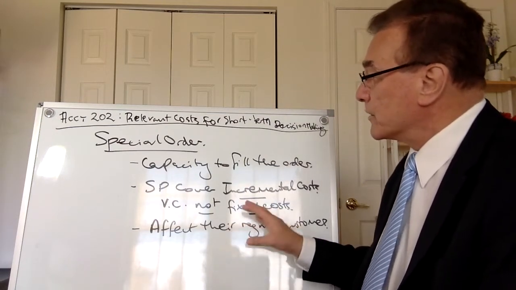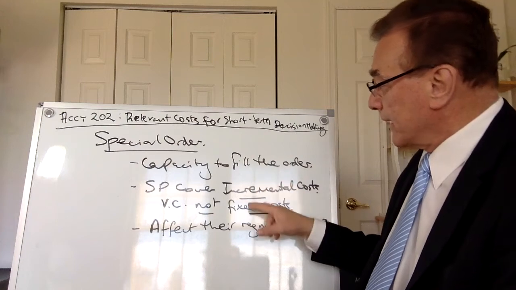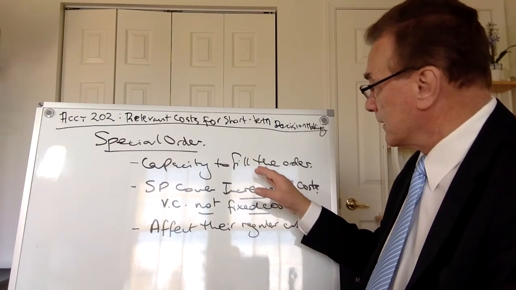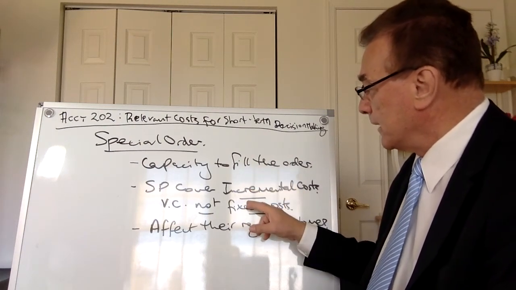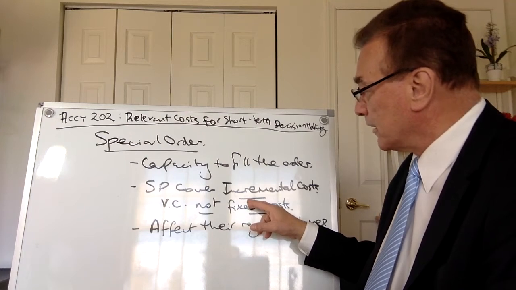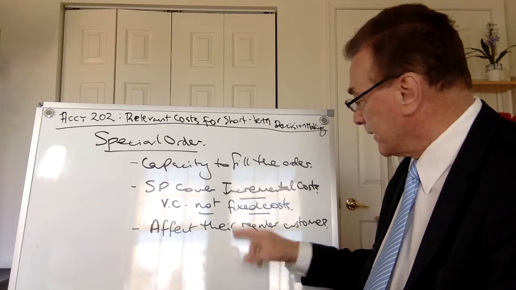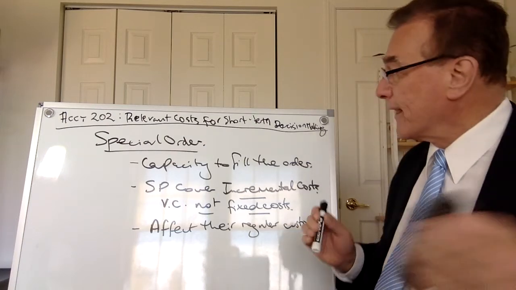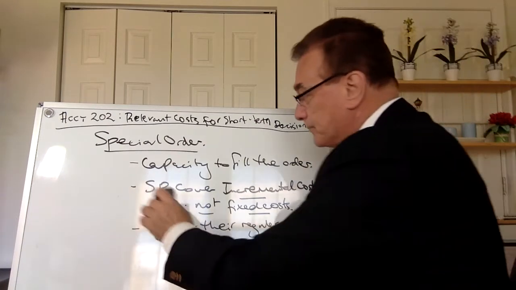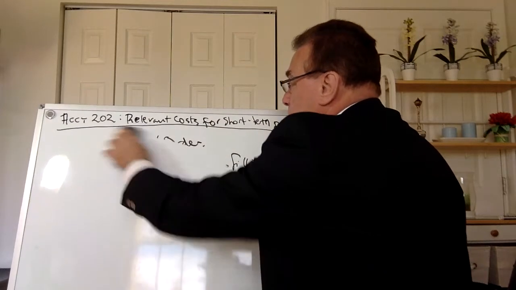Now, they'll go with a special order if they can cover these three aspects. Yes, they have the capacity. Yes, it will increase operating income. And no, it will not affect their regular customers' orders. Okay, so that's the special order. Next one,